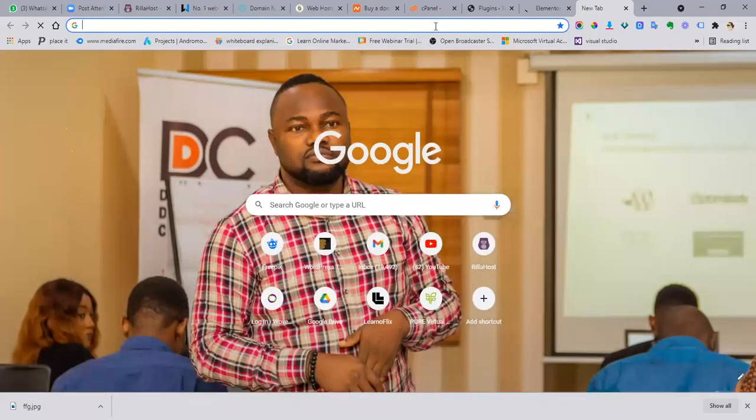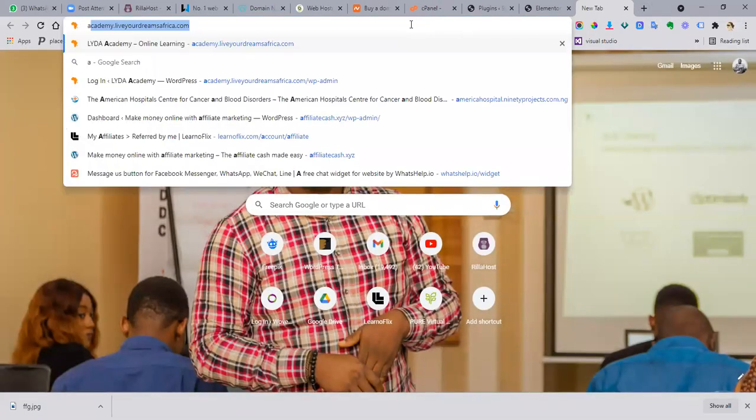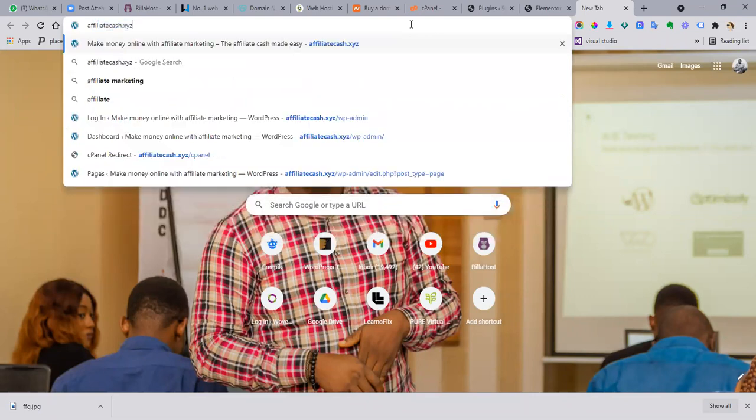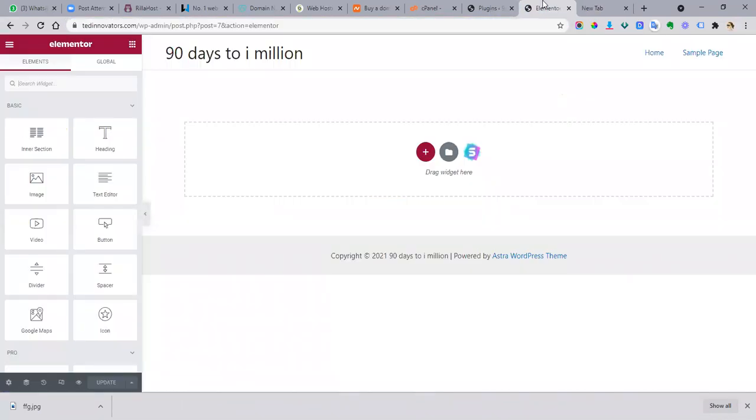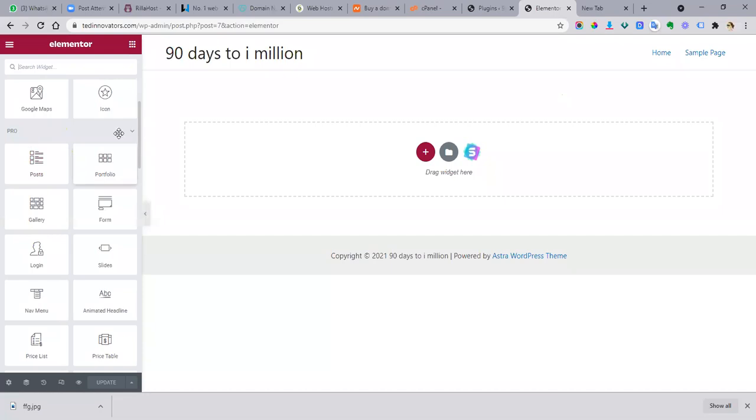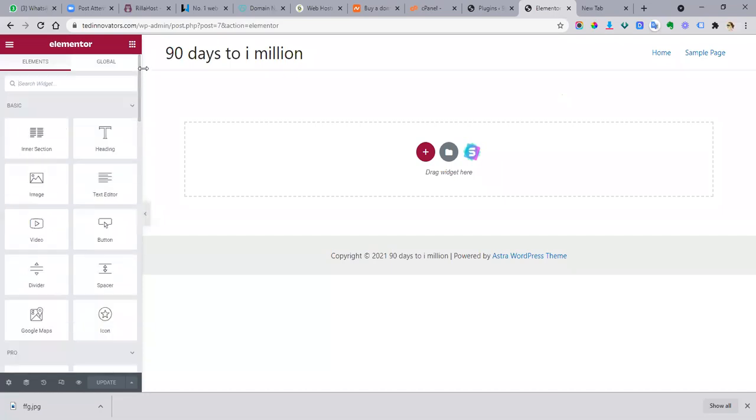So first thing first, if you are building a sales funnel, what do you want to build? Okay, never mind. So first thing first, this is it. If I scroll down, the Pro version is no longer locked. So that means I can use this. So we are on Elementor. Basically, you're going to look at this and then see, okay, this is how we plan to use it. Now, in your mind,